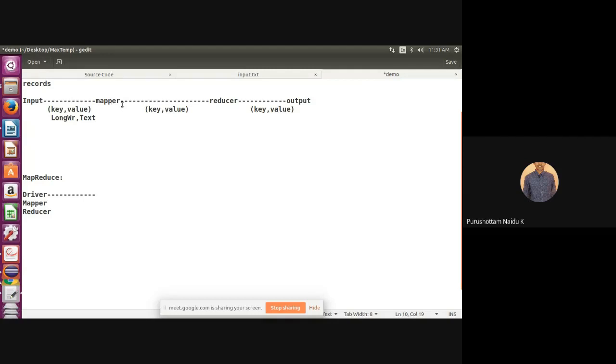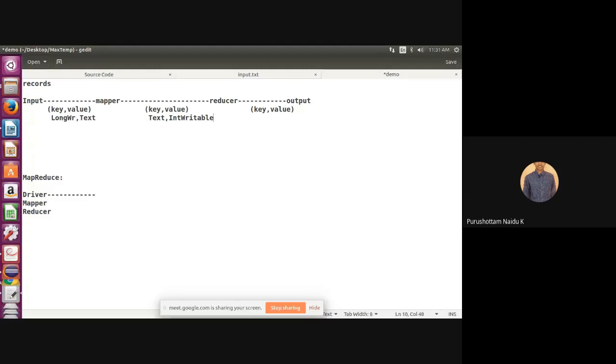What is the output of the mapper? The output of the mapper is year, comma, the temperature in that year. Here I maintain the year as text. We may also use integers, but for simplicity I maintain the year as Text type. That's why the key is Text. The value is the temperature, which I maintain as IntWritable.